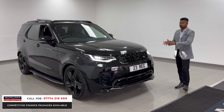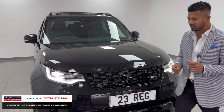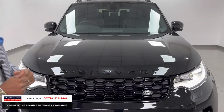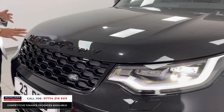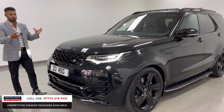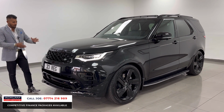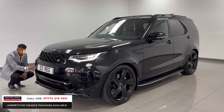On the new model Discoveries, they have given you a great deal of standard, but like I said, this one has got a few extras, starting off with a black styling pack. Now, if you have watched our previous videos, we are always talking about black styling packs on cars, and aesthetically it makes a car look slightly stealthier, sportier, whatever you want to call it. But on the black car, with the black badging, the grills, the inserts, the R-Dynamic with the triple fins on